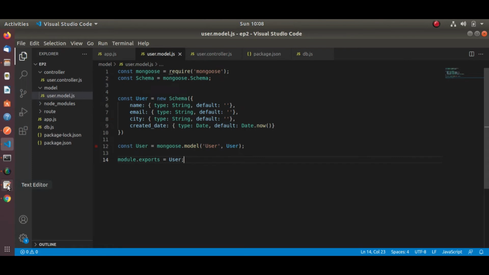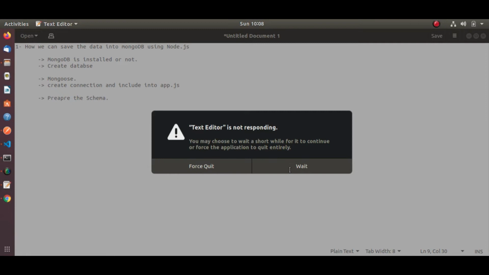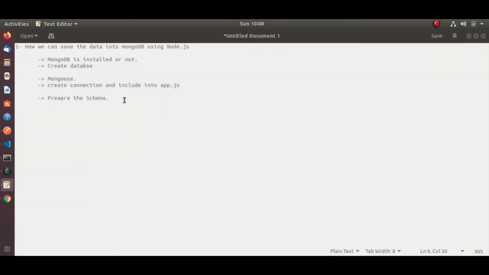So what is our next step? Our next step is we will include the same file into our controller function.